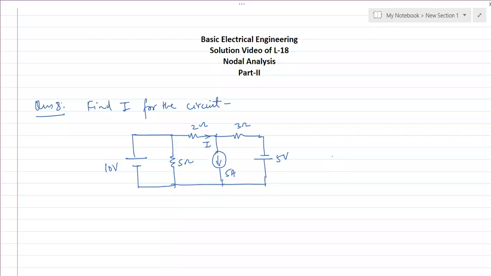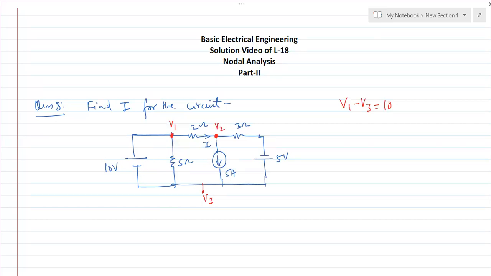So in this question we have to find out the current I, and I हमें दिखाया गया है सर्किट के अंदर 2 ohm में फ्लो हो रहा है from left to right direction. Also there are total junction number 1, that is V1 is the voltage here, junction number 2 voltage V2 is here, and one junction is here on the bottom side. Let us consider V3. Another thing we can see from this circuit is V1 minus V3 is equals to 10 volts. You can see 10 volt is connected in this particular branch and there is no resistance here.